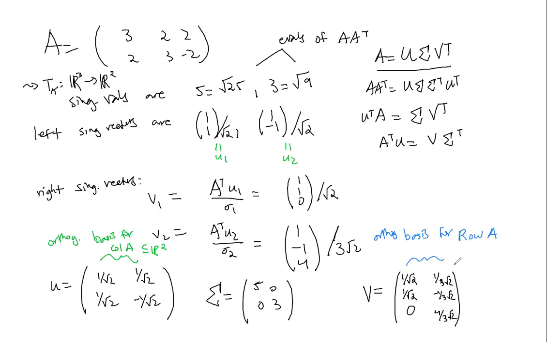But here, this is an orthogonal basis for the row space of A living inside R3. And there's actually some stuff left over. This is not a basis for all of R3. There's actually a non-zero orthogonal complement to this row space. And if we were to include that, that would be full SVD. So if we were to include this vector here, call it V3,